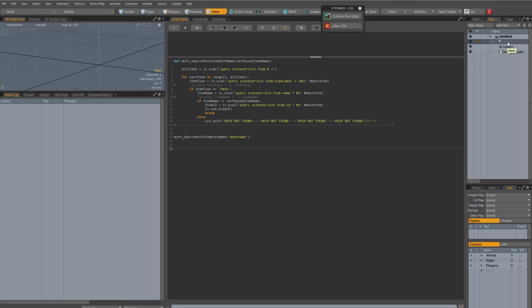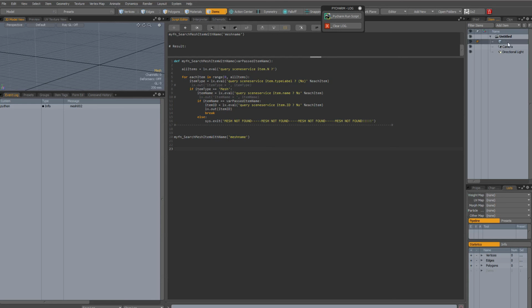And so again, a definition for a function and a call to that function, and it's passing mesh name. So let me first call this item mesh name. Yep, and run the code, and it indeed returns the ID. The problem with this code actually is, and I'm going to go to a default scene again, so don't save,